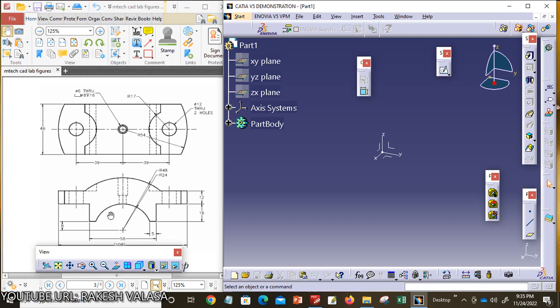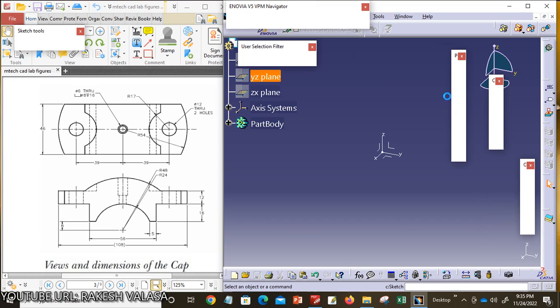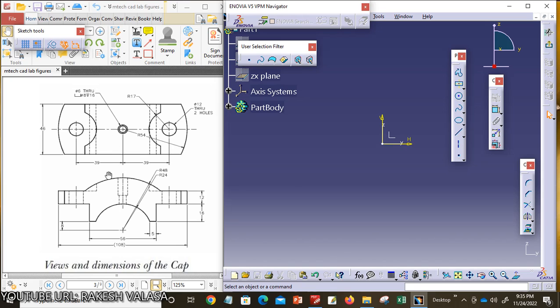Here you can see the plumber block front view and top view. This is symmetrical with respect to the vertical axis, so you can construct the left side and right side portions of this plumber block. In this part drawing, I'm choosing the YZ plane. Click on the sketch tool. Let us construct the left side of this plumber block in CATIA V5 software